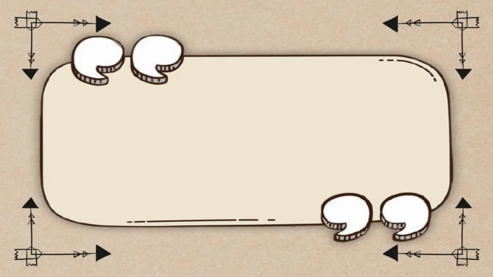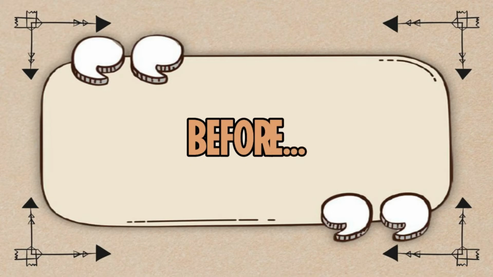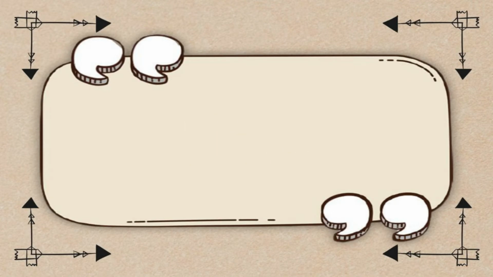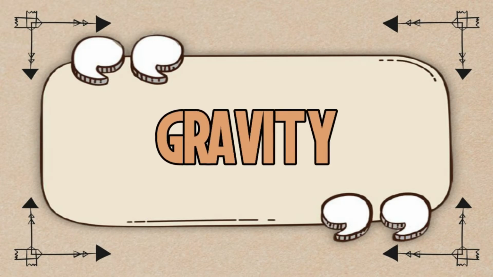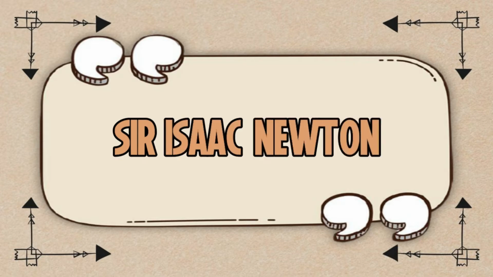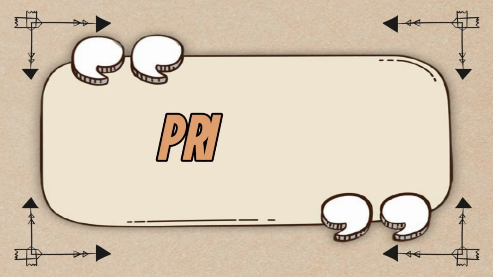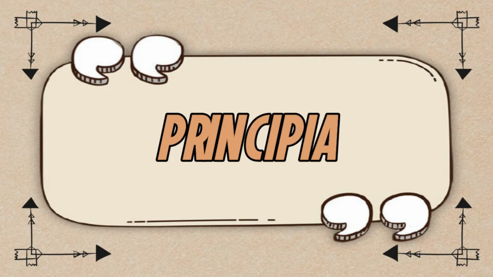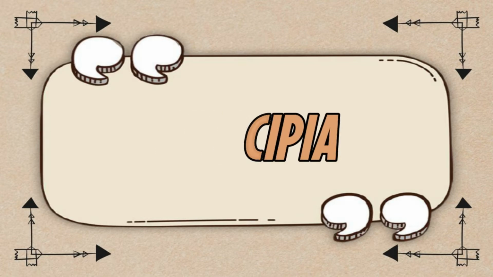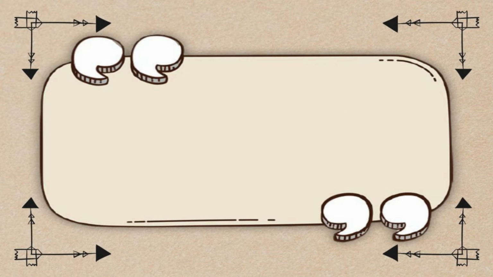Dating back to the 1600s, it is common knowledge that the simple falling of an apple from a tree sparked a universal law that changed the narrative about how matter behaves in motion, which led to the introduction of gravity, discovered by a mathematician and physicist named Sir Isaac Newton. Since then, his published book Philosophiae Naturalis Principia Mathematica, or Principia in short, was one of the crucial foundations for the development of the study of physics.